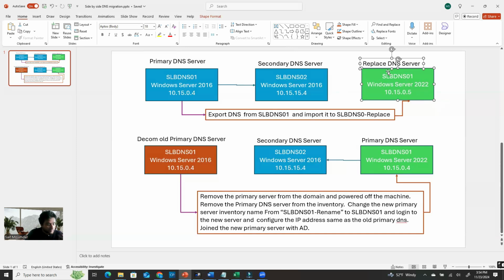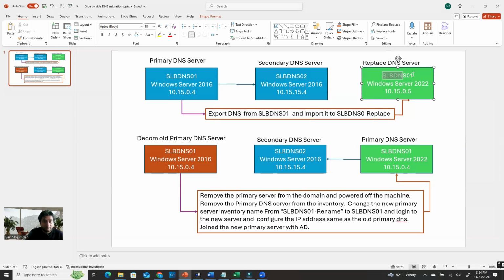So you deploy a simple virtual machine with Windows Server 2022, and you also have to do some common tasks, like change the IP address, time zone, firewall, RDP, all those things, and also the machine name. I put the same machine name, but whenever you have the same machine name,